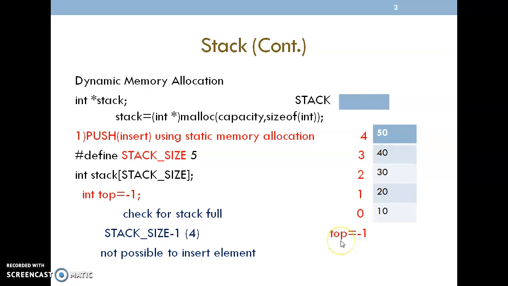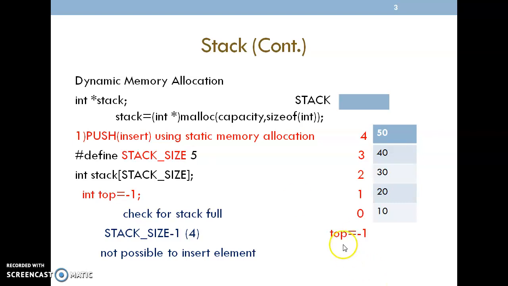I have taken top even though it is the bottom, meaning that it contains only one end. While we start inserting elements, it will move upward and reach the top element. So initially I have taken top only. Okay, so how do we know the stack is full? Whenever it reaches the fourth location, the value we assigned to stack size is 5, and 5 minus 1 is 4. So stack size - 1 indicates the full condition.